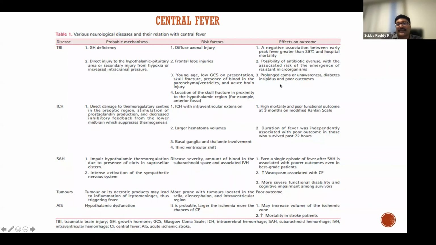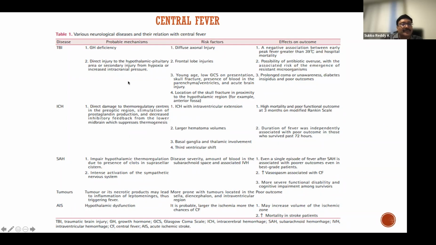And then again, a negative association between early peak fever greater than 39 degrees centigrade and hospital mortality. Whenever there is a central fever in a traumatic brain injury, when the temperatures are more than 39 degrees centigrade, it has a negative effect on the outcomes. Mortality is increased. With a young patient with traumatic brain injury, we don't know whether it is a central fever or not. We cannot prove it, so we use antibiotics, and because of the overuse of antibiotics,